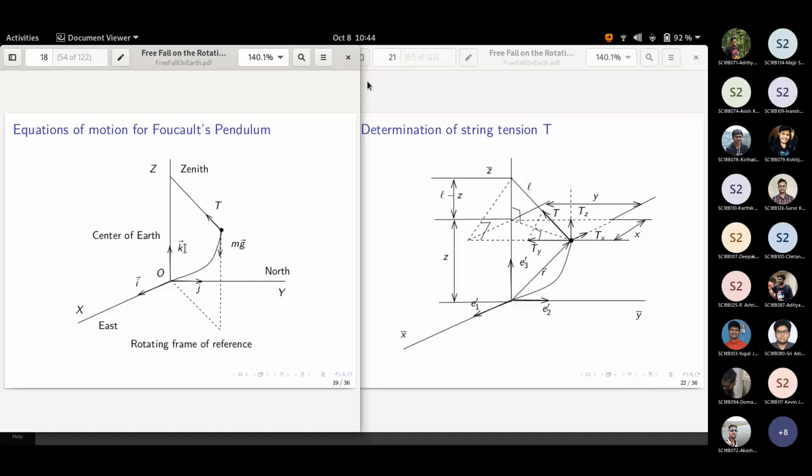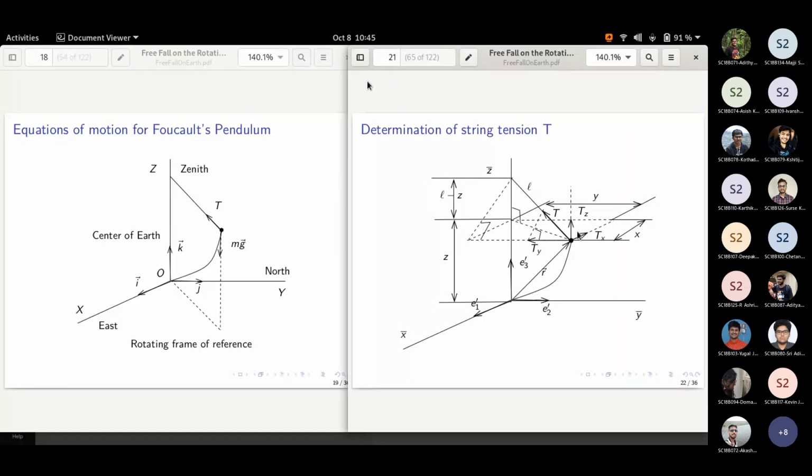The point, whatever point you have said, is right. Ideally I should have told that it is pointing towards the center, and then we make the approximation. So yeah, your point, whatever you have raised, is right. Thanks for that. So we will come back once again to that since you have mentioned it.